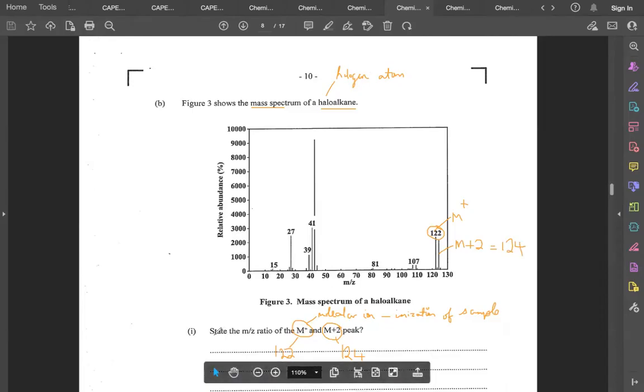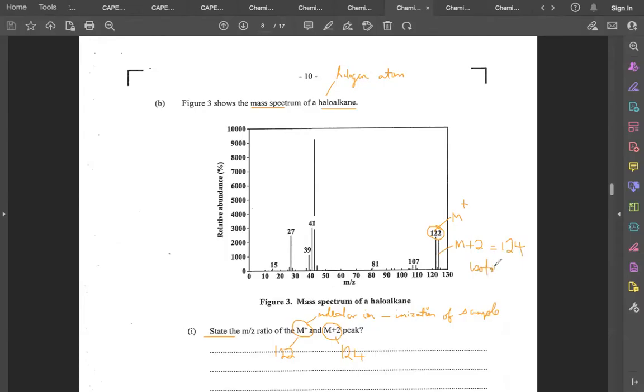So right away, we've answered this first part, part I, right? Now, what I also wanted to point out here is that we can get some very useful information from the M plus 2 peak. The M plus 2 peak generally arises when we have isotopes. If there are atoms with isotopes within our molecule, we'll get an M plus 2 peak. We can get an M plus 2 peak from chlorine, because we have chlorine existing as Cl35,